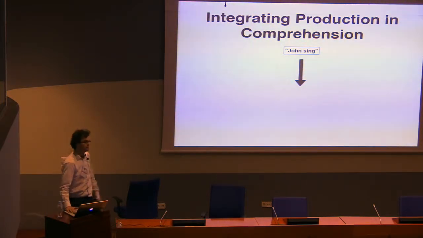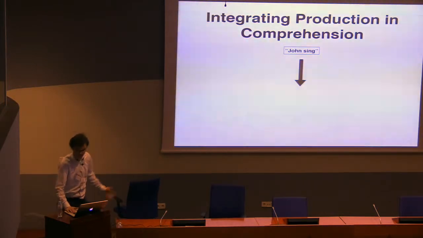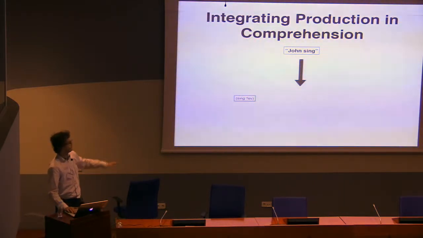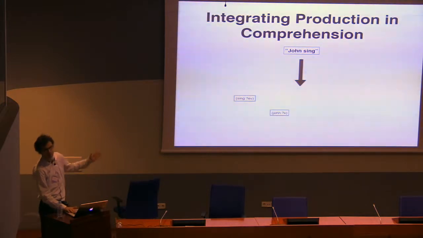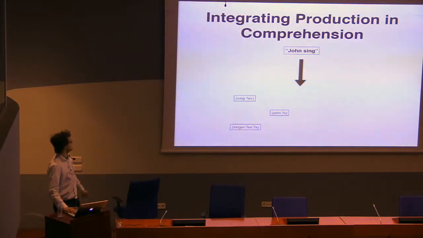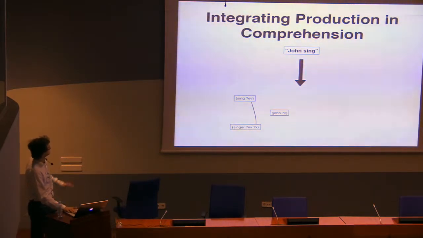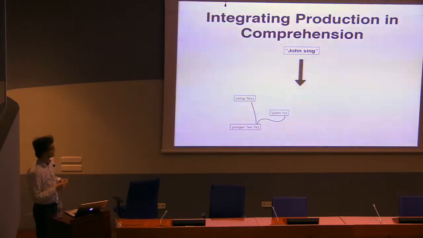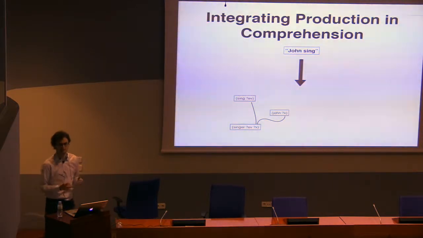But what happens if we get a form like "John sing"? Well, fluid construction grammar doesn't care too much about whether this is grammatical or not. It just tries to analyze it as well as possible. So it will say, well, from "sing" I can derive there is a singing event. From "John" I can derive that there is a John. From the argument structure, I could derive that the singer of the event is John. But then fluid construction grammar will detect that this is not a complete meaning. There is information lacking, like temporal information and so on.